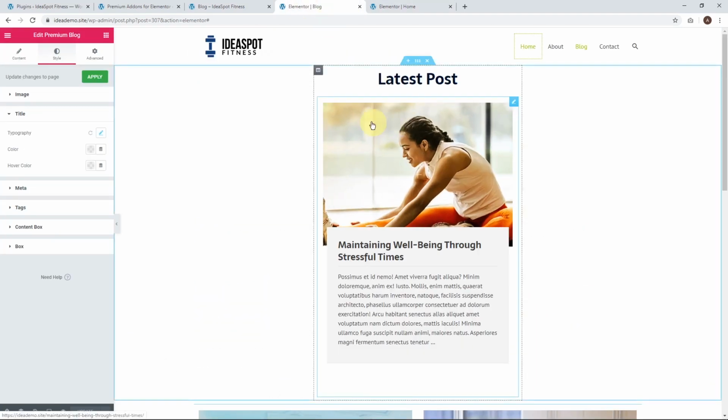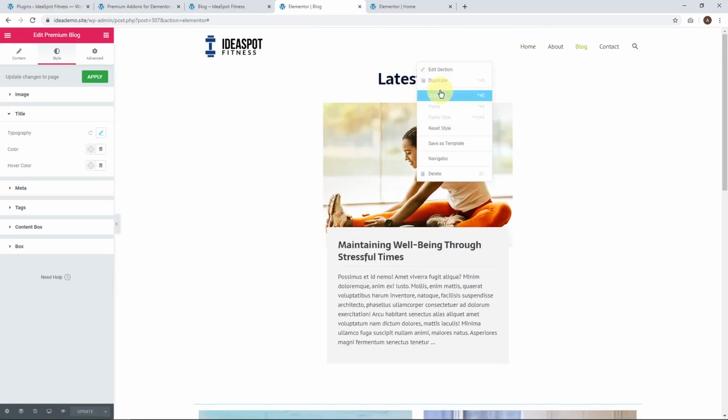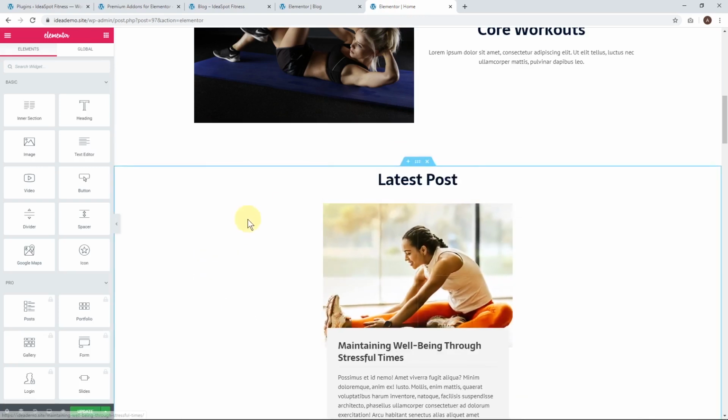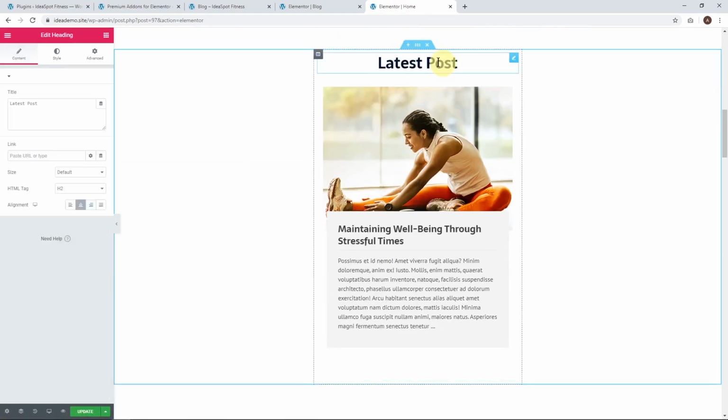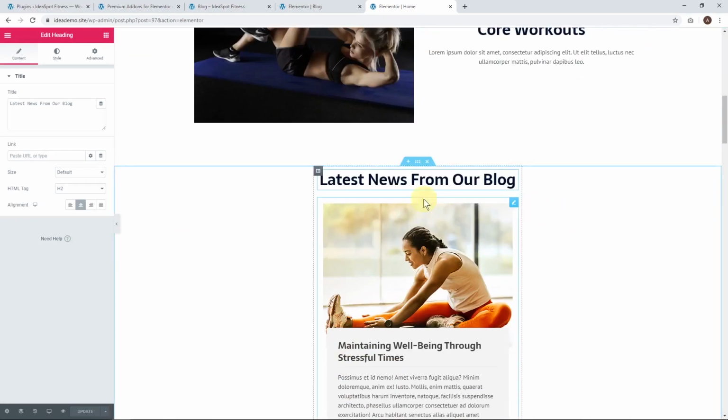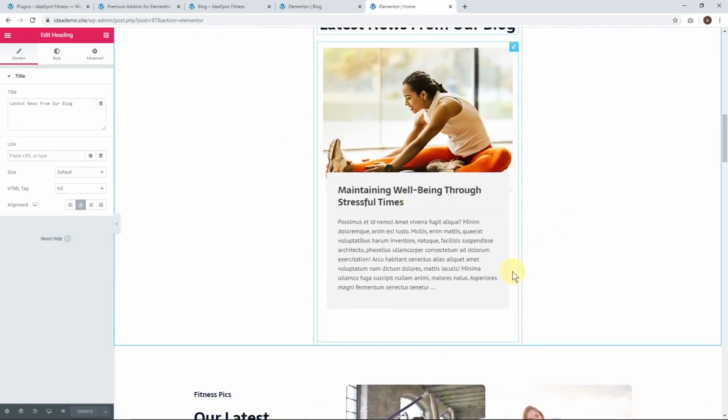Let's go back here and copy this whole section, and then we can pop that in there, just paste it in. There we go. And we could say latest news from our blog. There we go. Click update. And then on your main page, you've got that really cool little update that keeps your page from